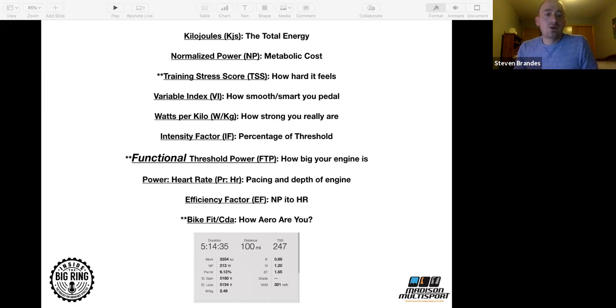And the one at the bottom, I went through FTP functional. I want to talk about bike fitting a little bit, where bike fitting is critical to your success. There's 2 or 3 variables that you look at in regards to bike fitting. Number one, can you produce power? If you get into your aero position and you cannot produce your power, you need to have a look at your bike fit.